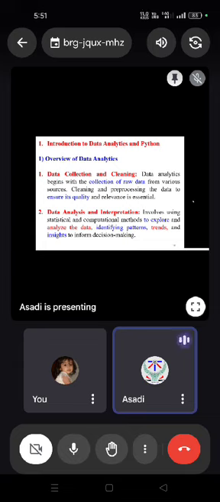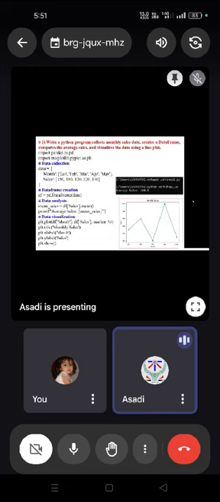It involves statistical and computational methods to explore and analyze data, identifying patterns, trends, and insights to inform decision making. So the first program